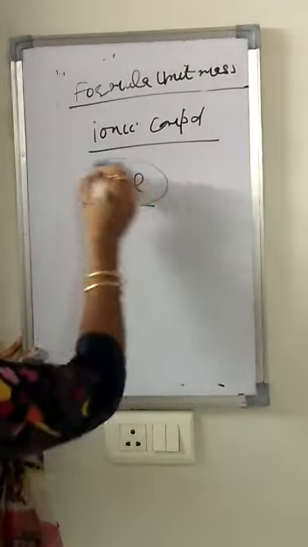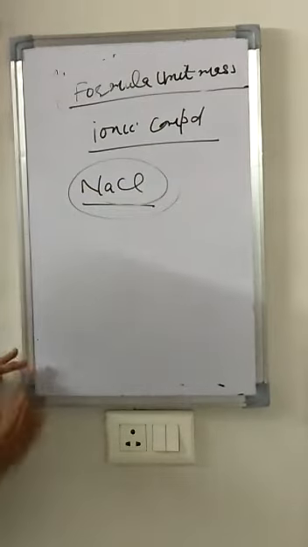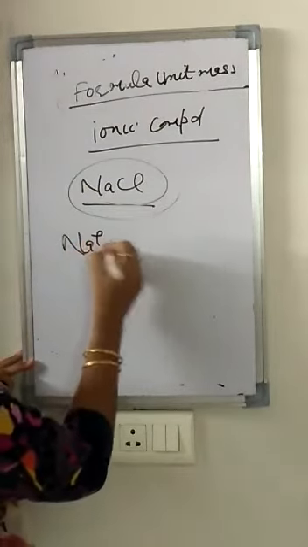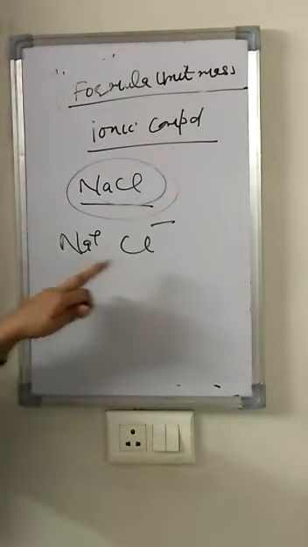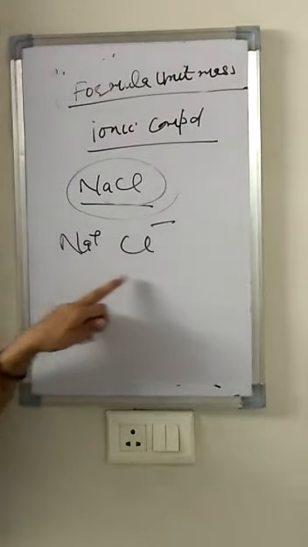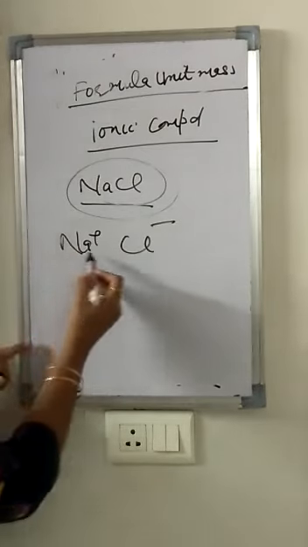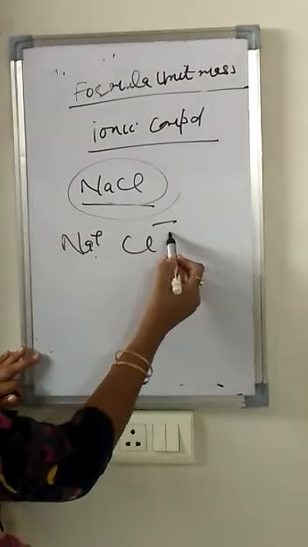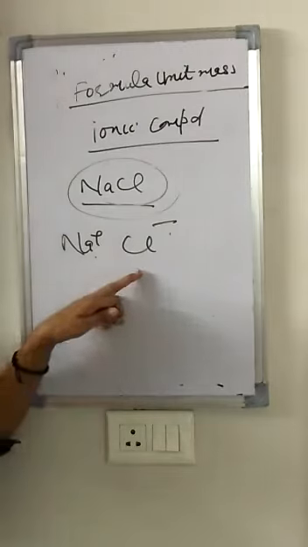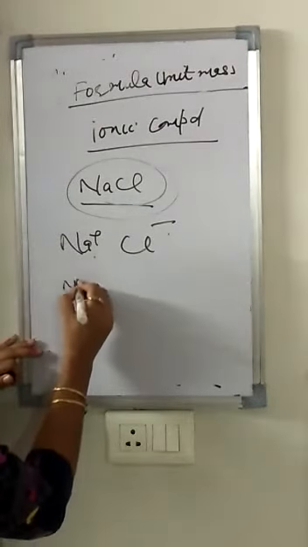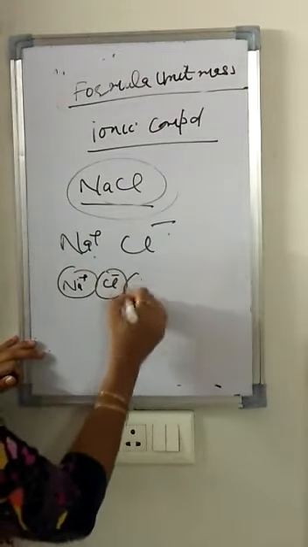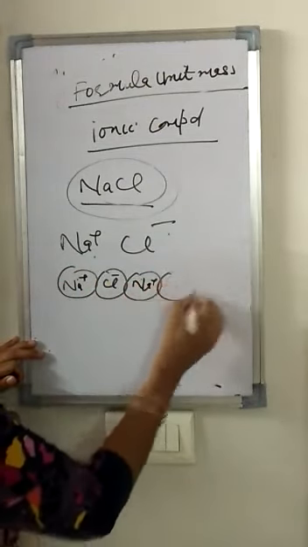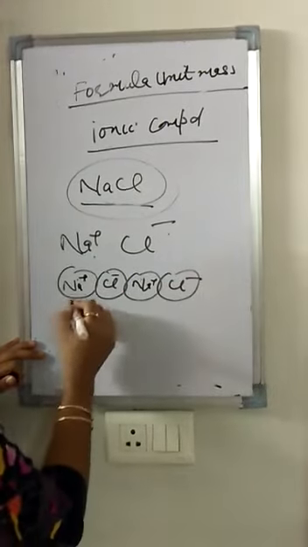You know that this sodium chloride consists of many sodium ions and chloride ions. But the number of sodium ions and chloride ions is the same. That's because sodium has 1 unit positive charge and chloride has 1 unit negative charge. So it is like this. What is the structure of the crystal lattice? 1 sodium, 1 chlorine, 1 sodium, 1 chlorine, 1 sodium, 1 chlorine, the same.